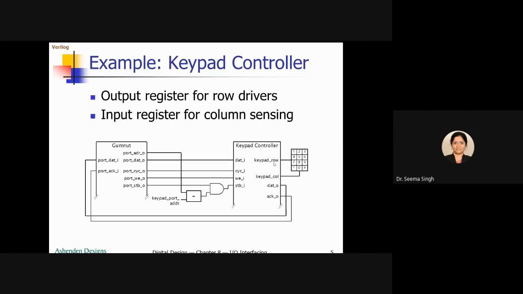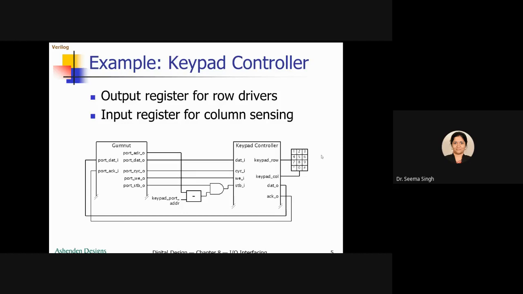Now once all these things are activated, the keypad controller's job is to get the information of the keypad through this keypad row and column. The signal given here will be seen in the program, and whatever data you get from this is connected back here to the Gumnut processor for data input. Also, when it is done, it should also acknowledge that the keypad controller is being connected correctly to the Gumnut processor. So that is why these two are the feedback connections from the keypad controller.